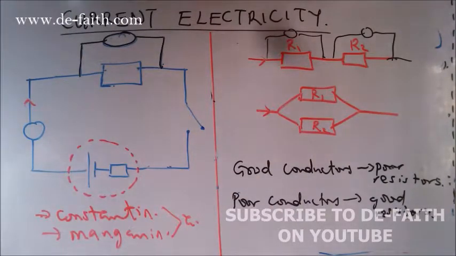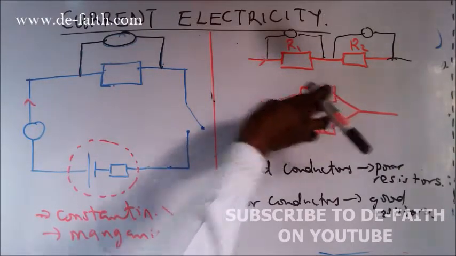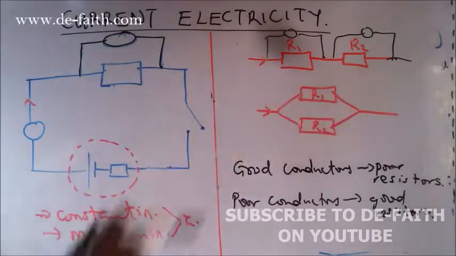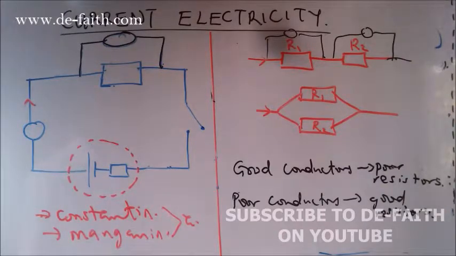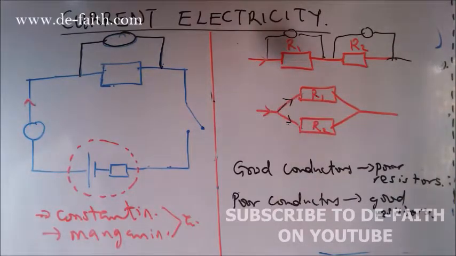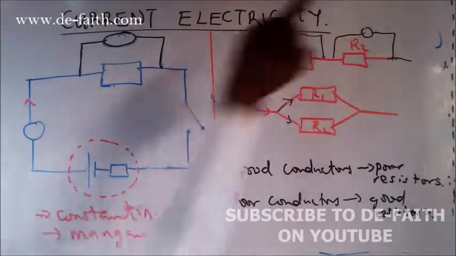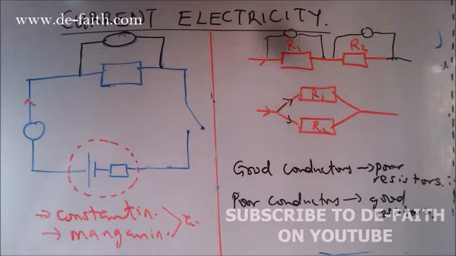Now, when these resistors are connected in parallel, just as this, so imagine that we replace this single one with this double. When they are connected in parallel, we have different currents that will pass through each resistor. The current is going to be shared based on the resistances of the resistors, but in the series case the same current will pass through it, but different voltage or potential difference.